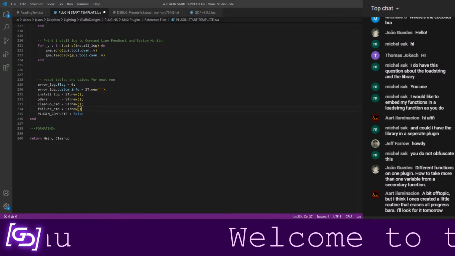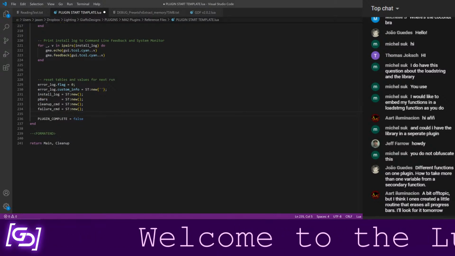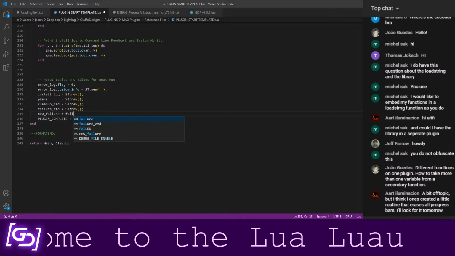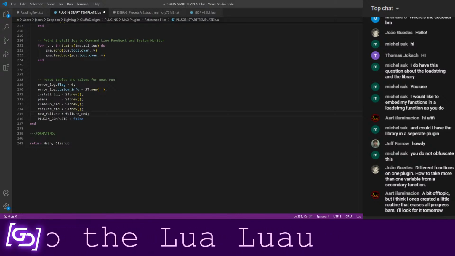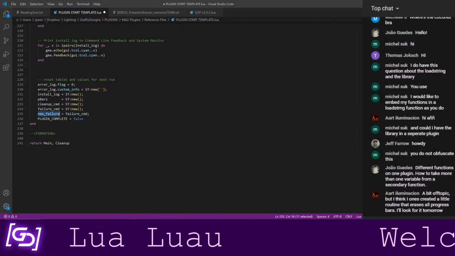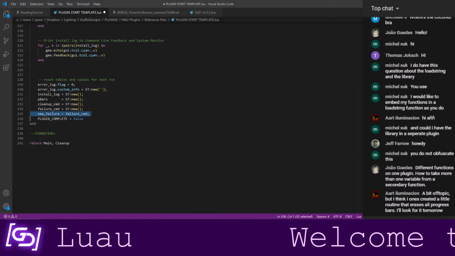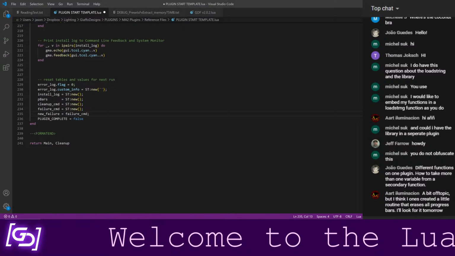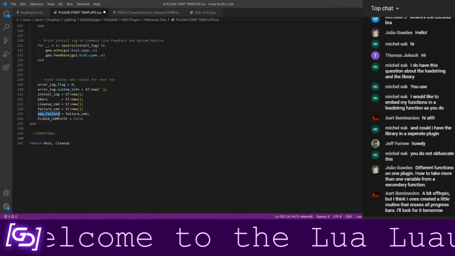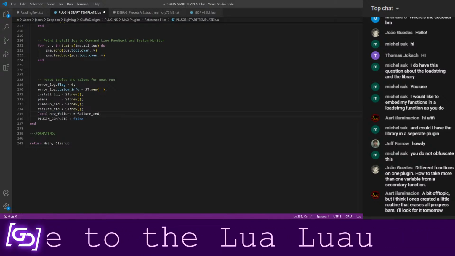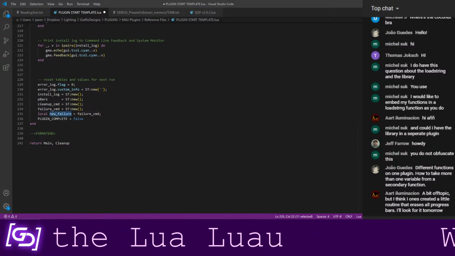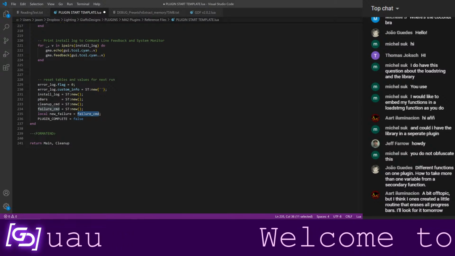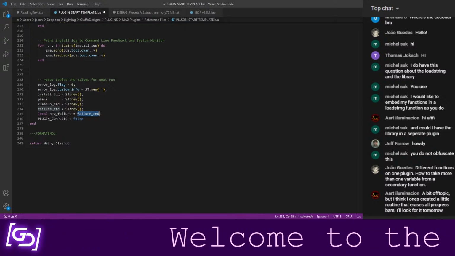So for example, if I was to say new failure equals failure command, these two will reference the exact same table. What these things actually store is a memory address that contains a table, which means that now that I've set, well, I guess it would be more appropriate to do this as local, now that I've set this as a reference to an existing table, if I make any changes to this table, that changes as well, because they are the same table. They're just referencing the same thing.